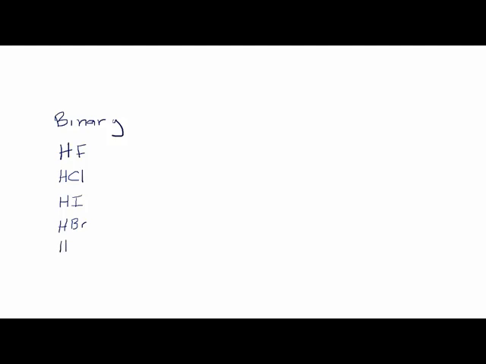Or out of group 16, something like hydrogen sulfide. So the first thing that you need to remember about binary acids is these are molecular compounds, and if they're in the gas phase,